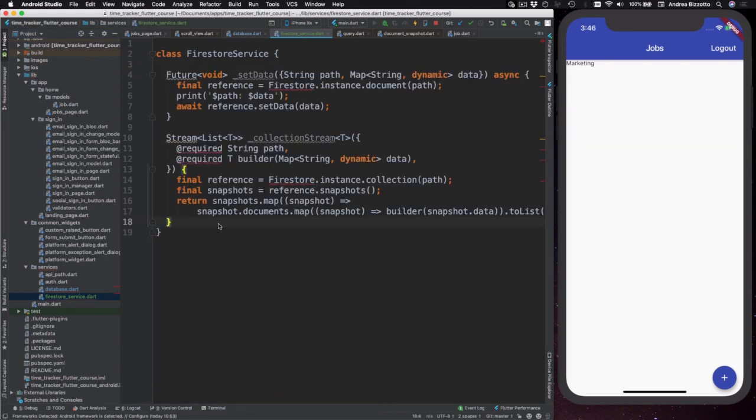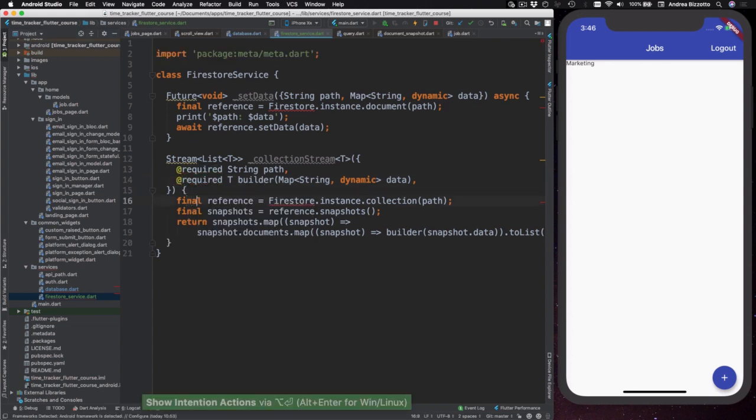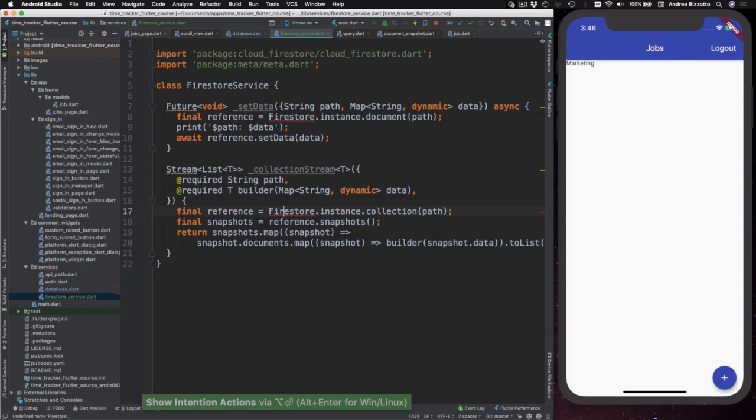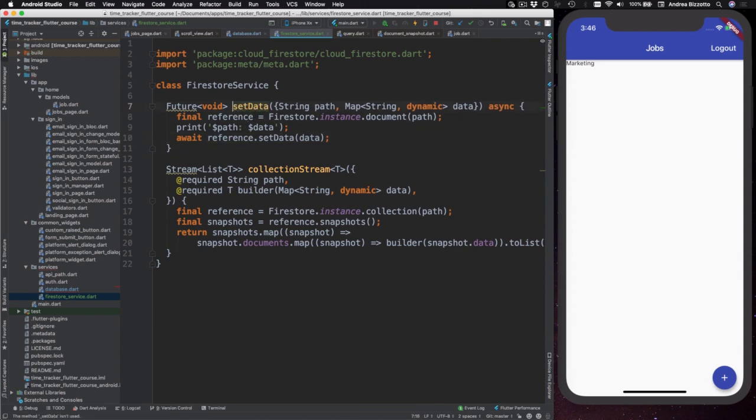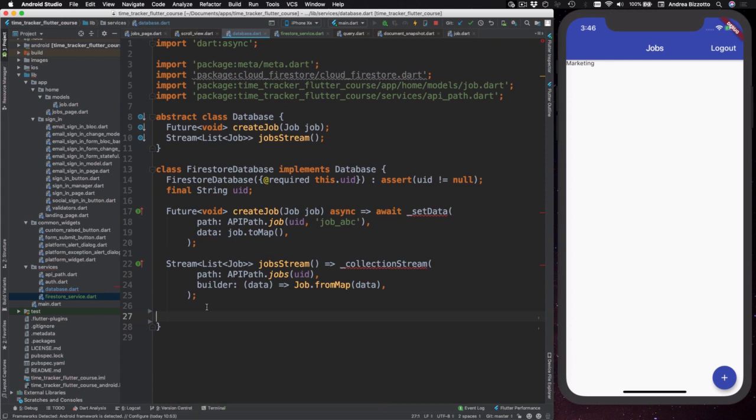And in order for this code to compile, here I need to import meta, and I also need to import Cloud Firestore, like this. And then I'm going to make these methods public, so I'm going to remove the underscore, like this. Then I can head back to the database class, and here I have a couple of errors because